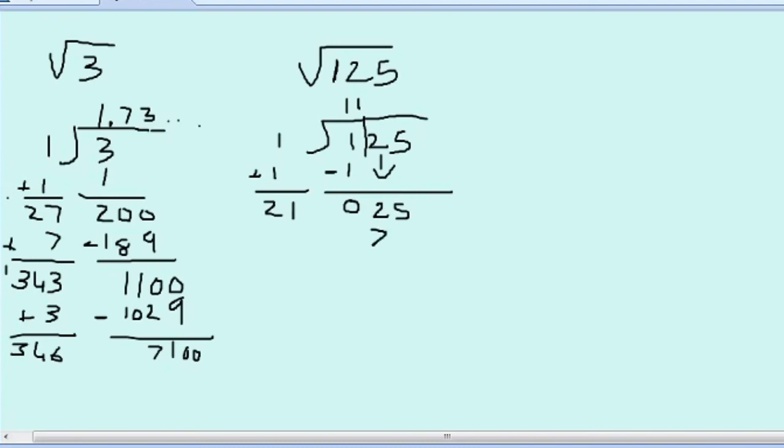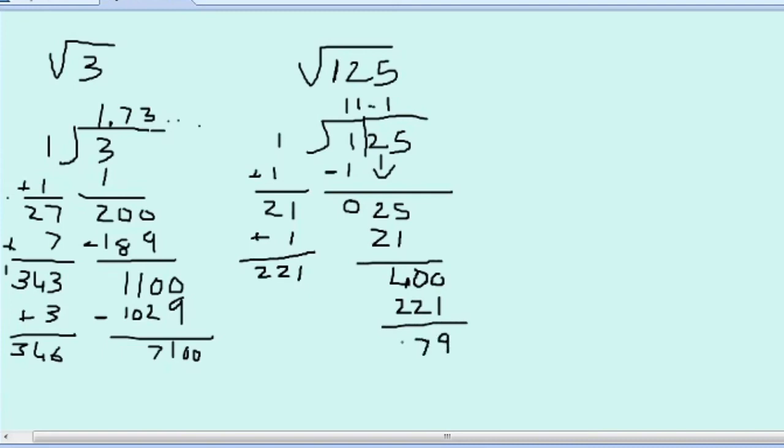21 into 1 is 21. Okay, now 25 minus 21 is 4. Add the 1 here, plus 1. This becomes 22. Now 4 is less than 22. So we put a point here and write 2 zeros here. After, what will be the next number? Again we will do it by 1 and 1. 221 into 1 is 221. So here remaining is 971.